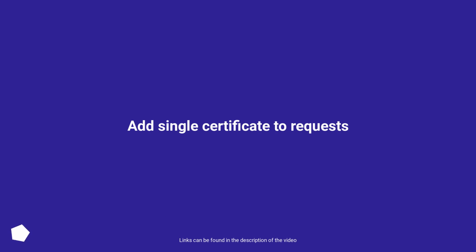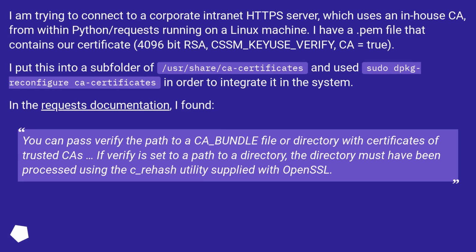Add single certificate to requests. I am trying to connect to a corporate intranet HTTPS server, which uses an in-house CA, from within Python requests running on a Linux machine. I have a PEM file that contains our certificate, 4096-bit RSA,